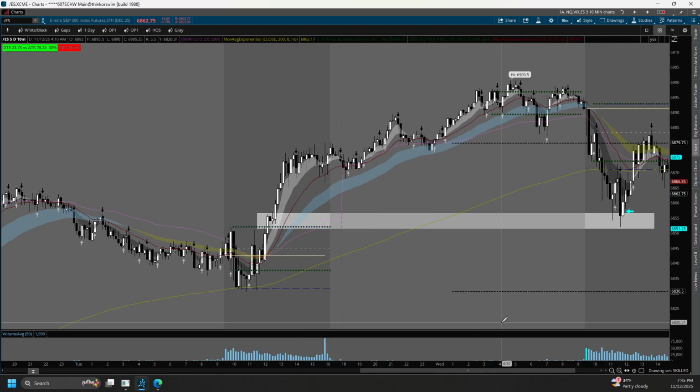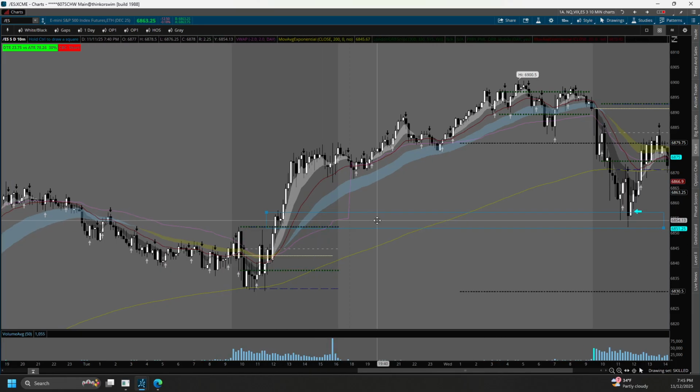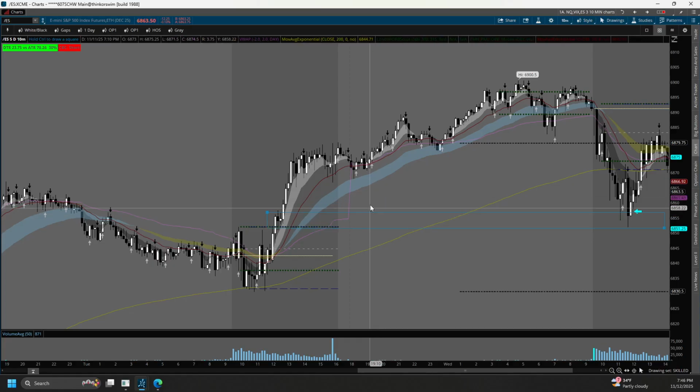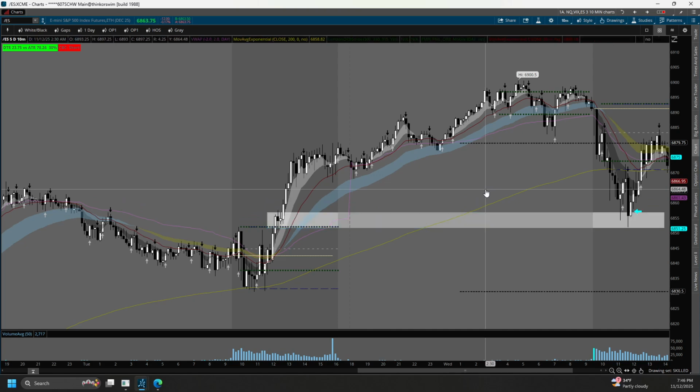So, very powerful move here. Somebody would probably say this is a demand zone. Somebody else will say it's a breaker block from the turtle soup. I don't know. It looks strong. It looks concerning to be shorting into obvious support. So it's just really important to keep the market structure in line.